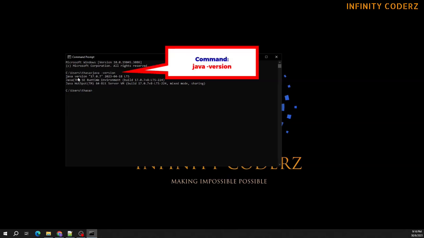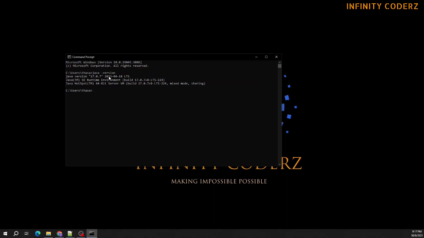In my case, I have Java version 17.0.7 installed, and this is the environment that is set up, with 64-bit support. If you do not have Java, it will show that it's unknown and unable to find it. So if you don't have a Java version set up, let's continue to the next step.